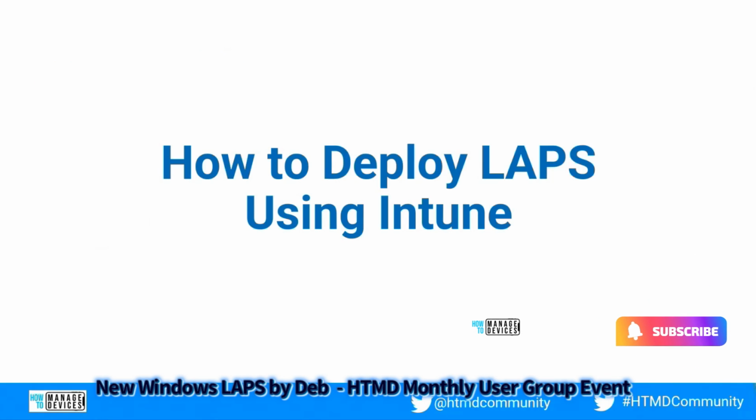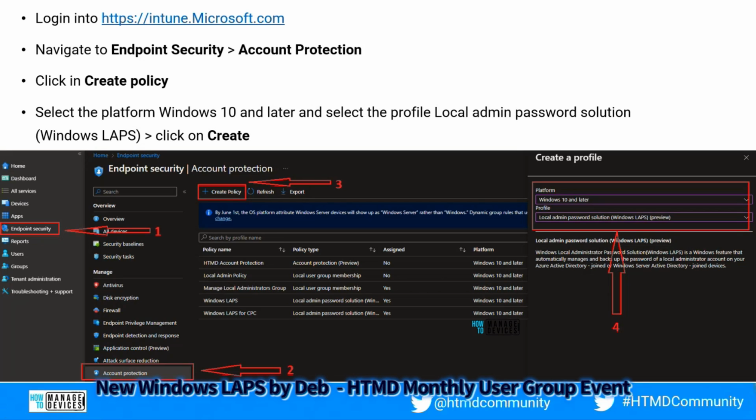Now let us see how we can deploy the LAPS policy using Intune. To do that, first of all, you have to log in to the Intune portal, intune.microsoft.com. Once you log in to the portal, you have to navigate to Endpoint security. Under Endpoint security, you have an option called Account protection. If you click on Account protection, you will see the option where it will allow you to create the